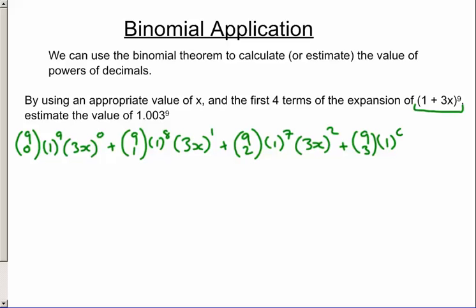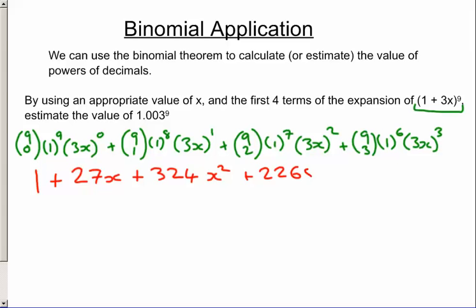When we work that out, we get 1 + 27x + 324x^2 + 2268x^3. So that's our expansion. Now we need to find what value of x we need to substitute. Well, we want